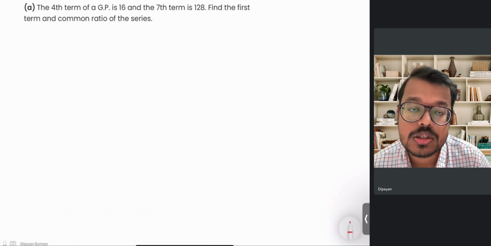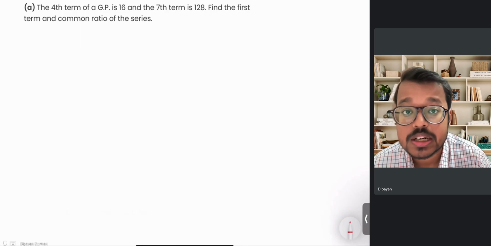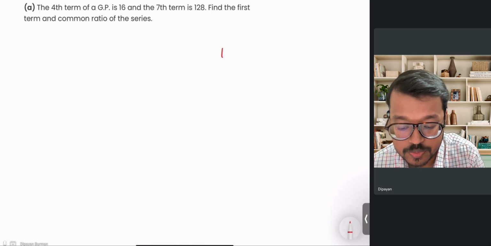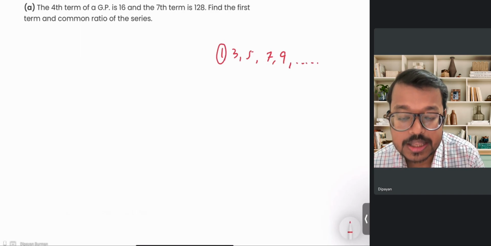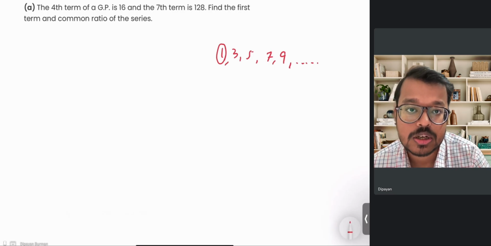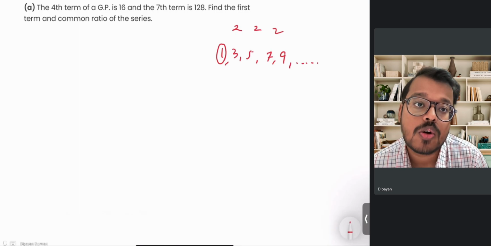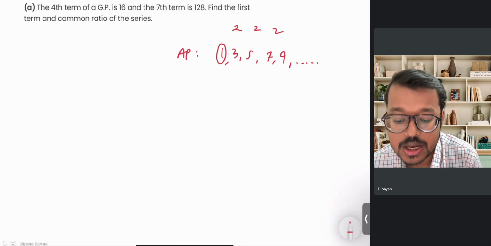Let's solve some questions on geometric progression. In the previous videos, we have solved questions on arithmetic progression. So, for example, if I write the number series 1, 3, 5, 7, and 9, and so on, the first number is 1, and the difference between two consecutive numbers is 2. 3 minus 1 is 2, 5 minus 3 is 2, 7 minus 5 is 2. So I will say that 2 is the common difference for the consecutive numbers,